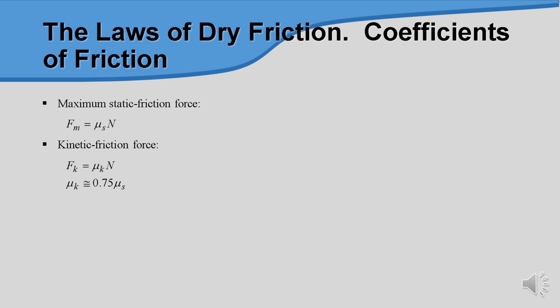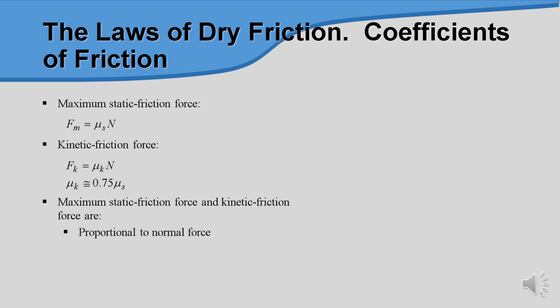So as you can see, if you compare the coefficient of static friction and the coefficient of kinetic friction, the value of the coefficient of static friction is higher than the coefficient of kinetic friction. So the maximum static friction force and kinetic force are basically proportional to the normal force, and depend on the condition of the